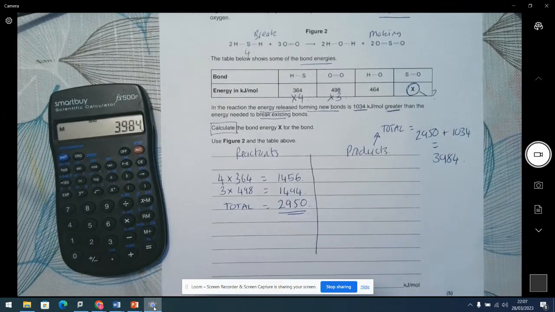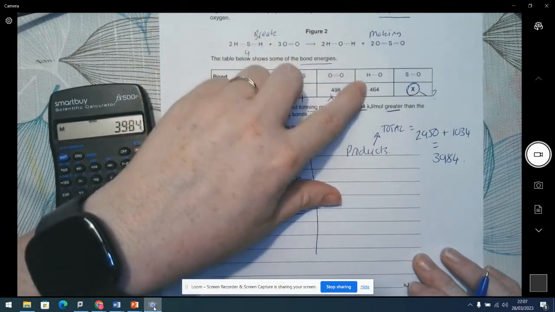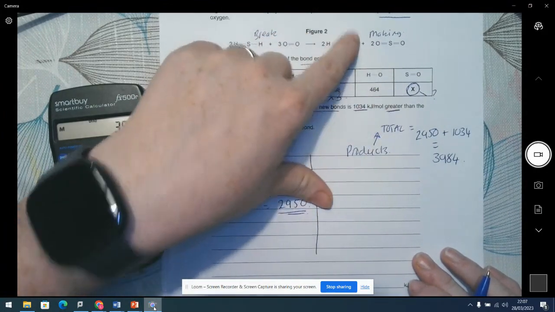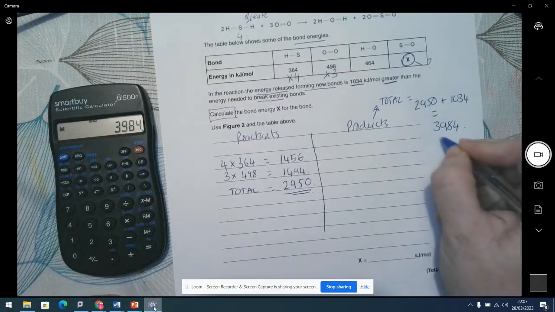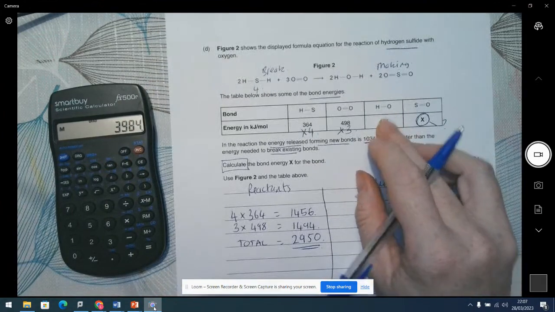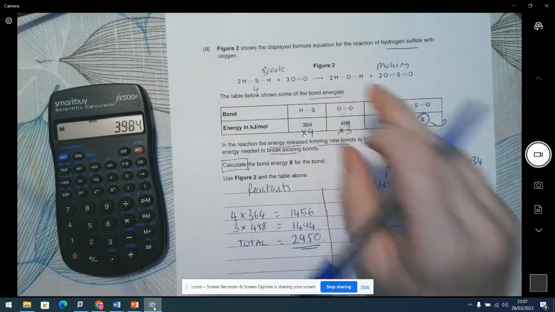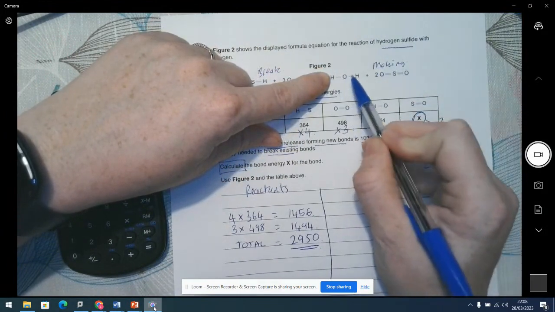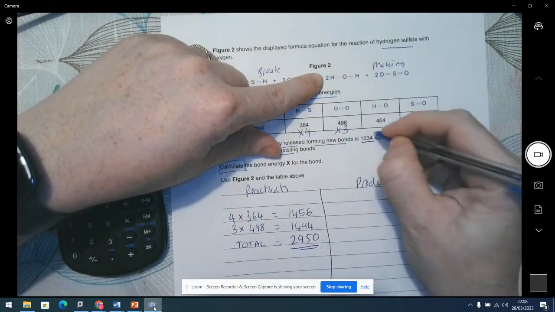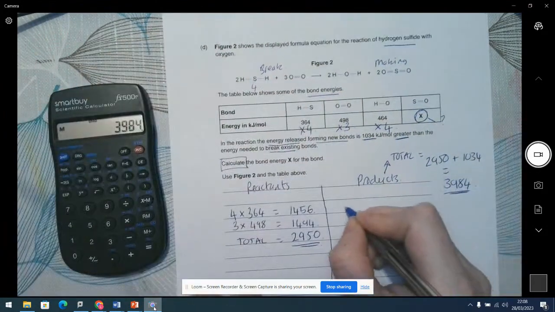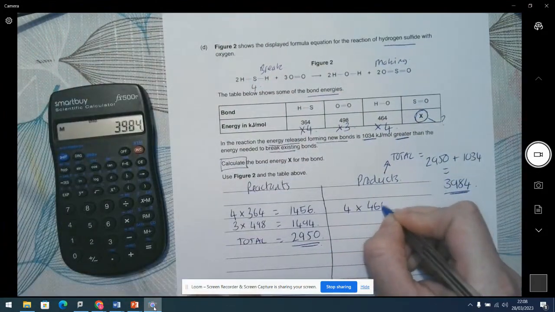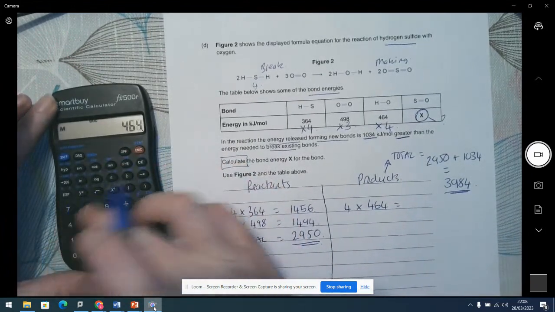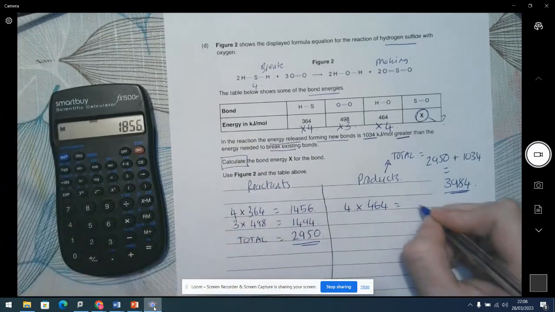3984. So I've got to then work out how much of that is my bonding here, and how much of the bond value is it here. So I'm going to do that now. So that's my total energy value. So I'm going to work out the energy value of the bonds here. So again, it's one of those funny diagrams. So I cover it over. I count how many I've got. I've got 2 there, and then I multiply that by 2. So I'm timesing that by 4. So 4 times 464